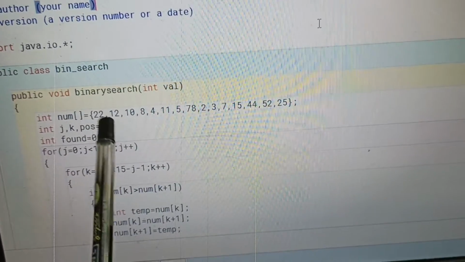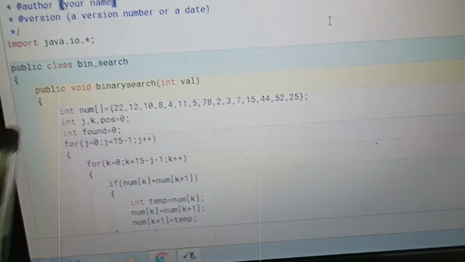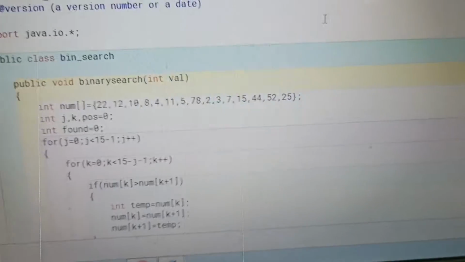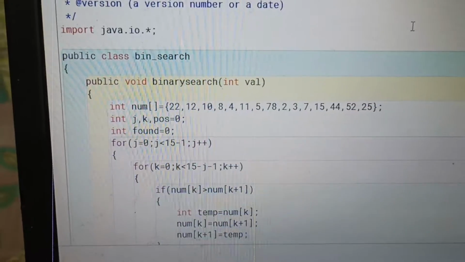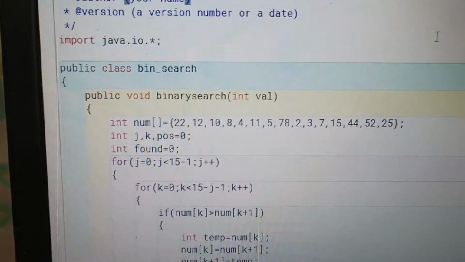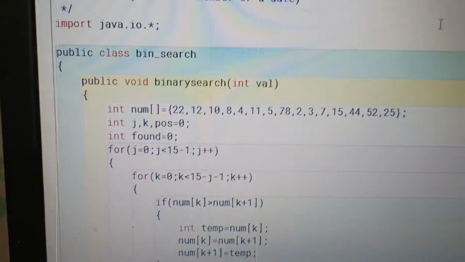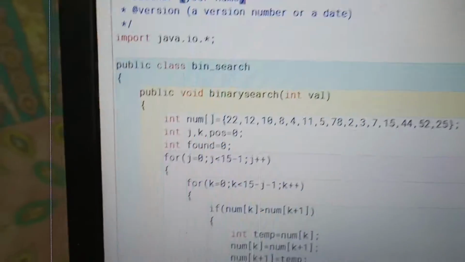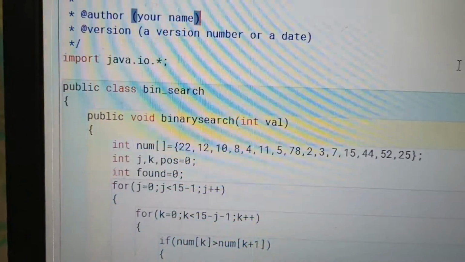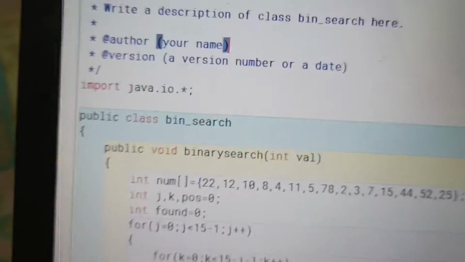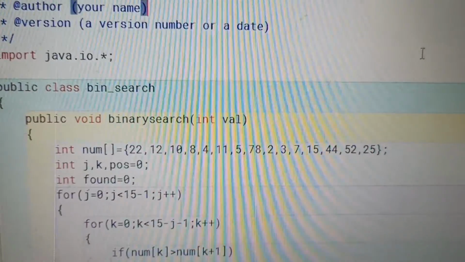These 12, 22, 12 are the array, and the array variable is num. After that you can see int x, j, k and position, which are some variables used for the index. Next, one variable is also there, that is found.